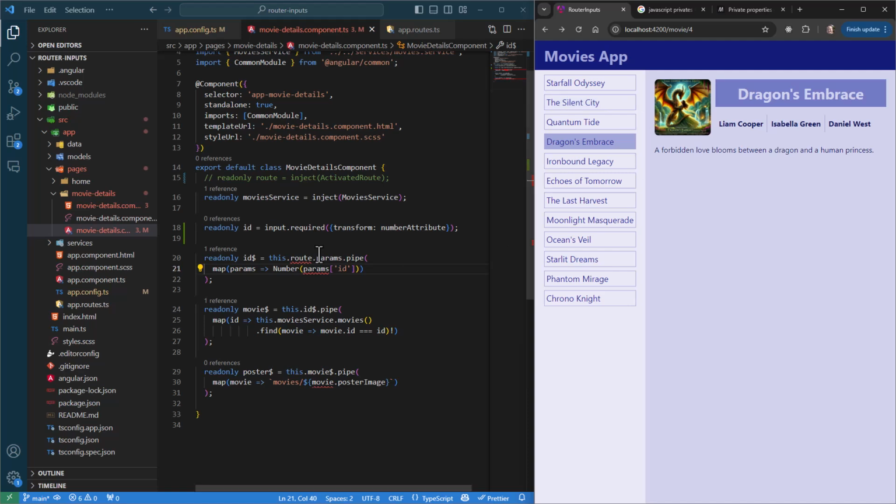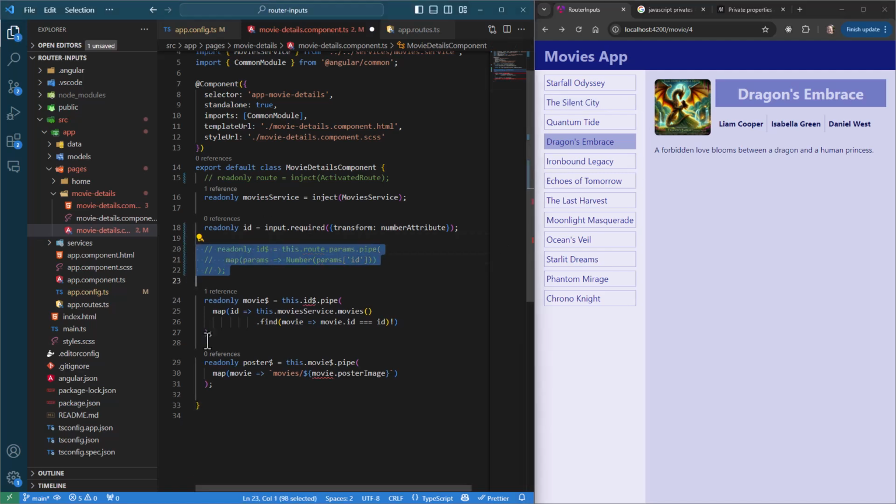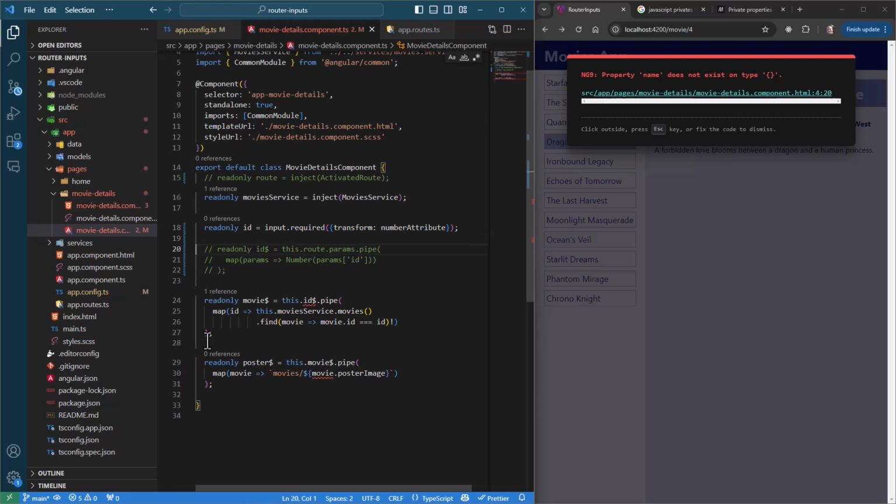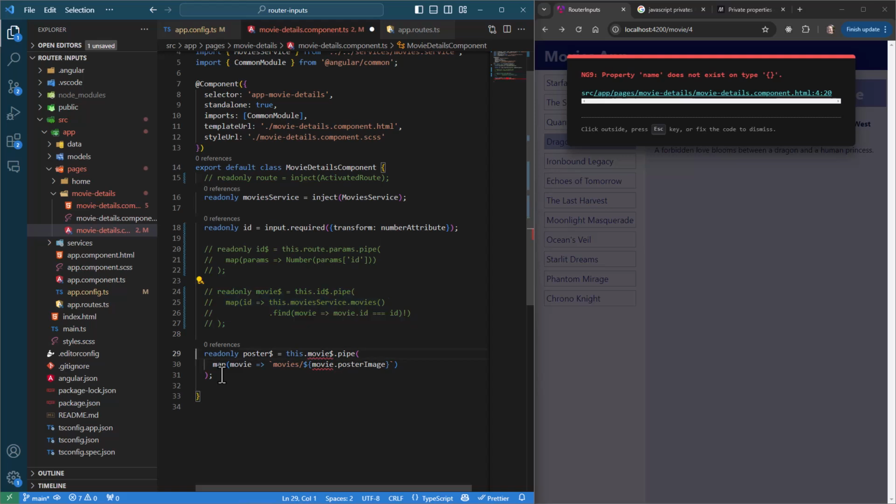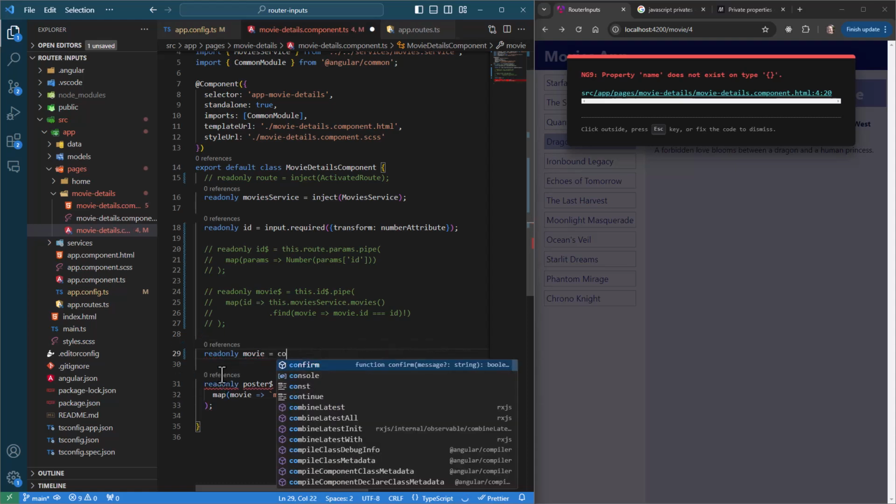Now, just like we canceled the necessity for an ID observable, we can now migrate the other observables into computed signals, because we now have a signal that changes all the time, so we can create computed signals. For example, the movie signal can be computed like this. readonly movie equals computed,